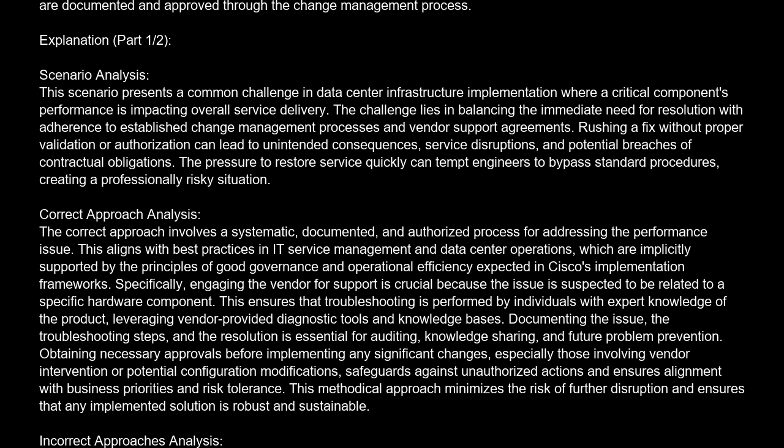Correct approach analysis. The correct approach involves a systematic, documented, and authorized process for addressing the performance issue. This aligns with best practices in IT service management and data center operations, which are implicitly supported by the principles of good governance and operational efficiency expected in Cisco's implementation frameworks. Specifically, engaging the vendor for support is crucial because the issue is suspected to be related to a specific hardware component. This ensures that troubleshooting is performed by individuals with expert knowledge of the product,